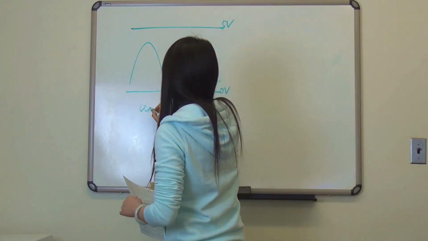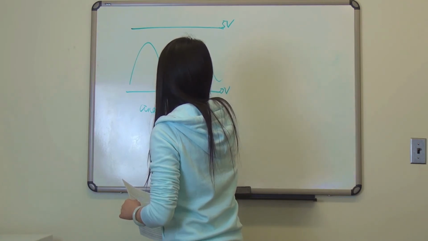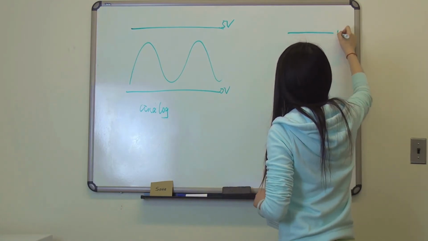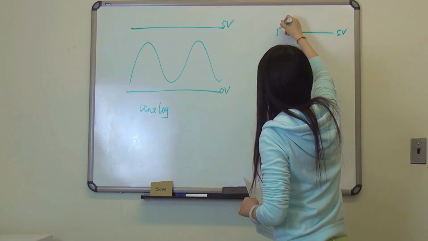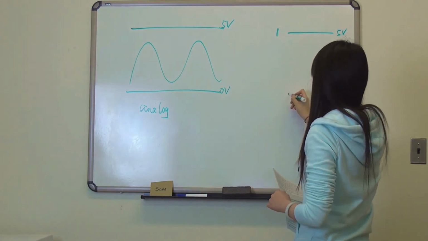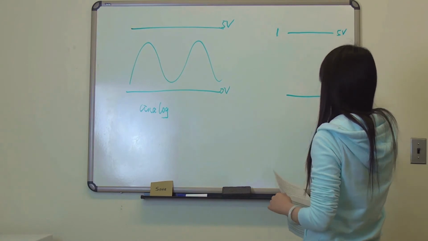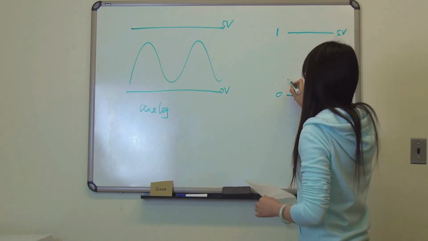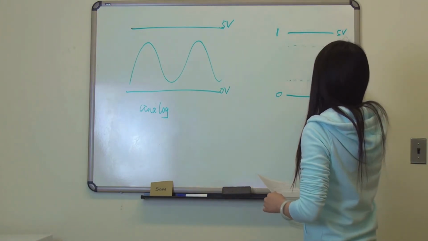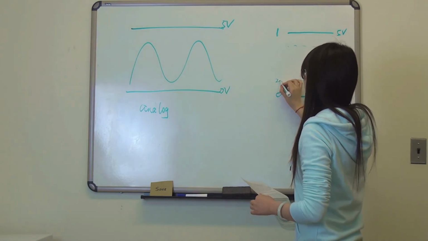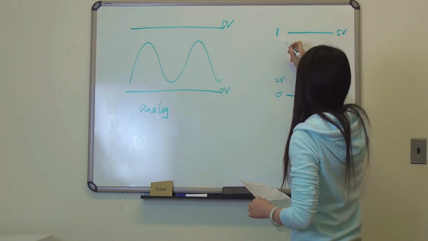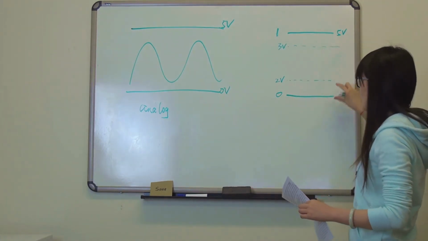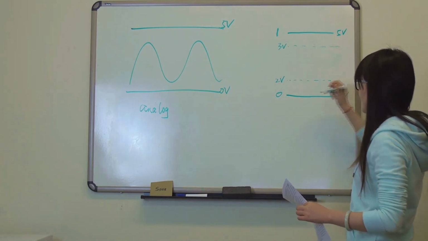This is analog, and say here is 5 volts, which we represent as logic 1, and here is 0 volts, a logic 0. We have to use some threshold voltage between them. Let's say the threshold voltage here is 2 volts, and there is 3 volts, for example. If the voltage is between 0 volts and 2 volts, in this area,